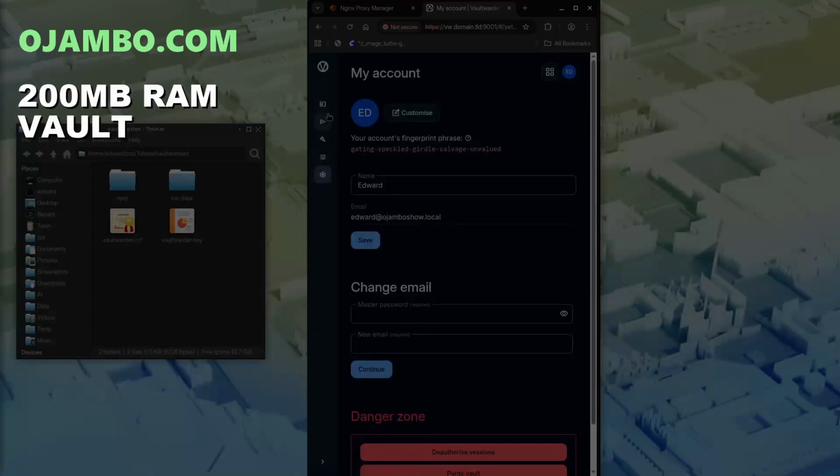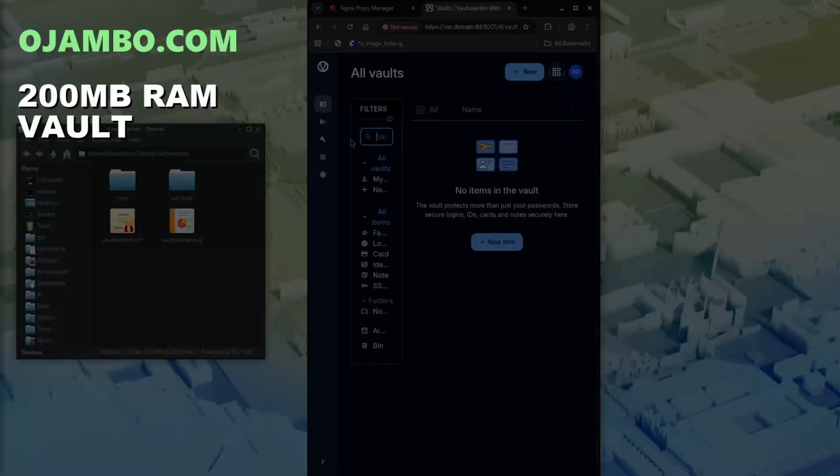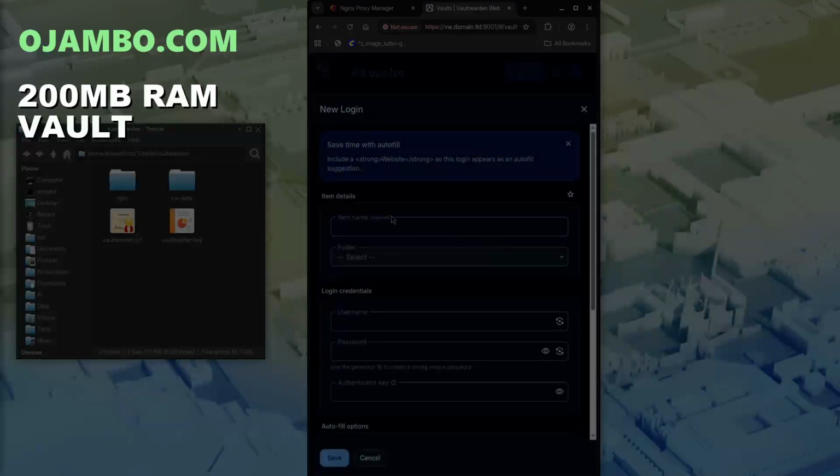Yeah. So let's actually create a password. You can also switch products. Obviously, we just have one, which is the password manager. So we can add, there's no item, so let's add a new item. I can say something like, let me see, laptop. I'll just say laptop